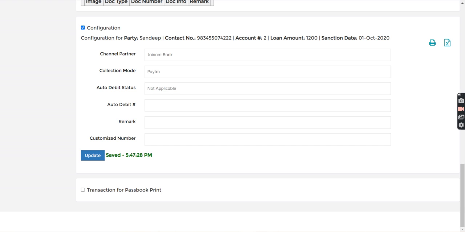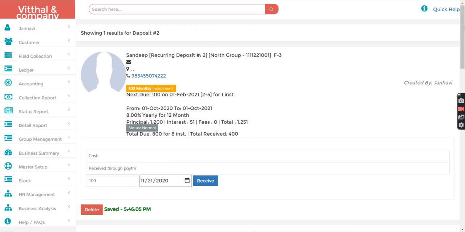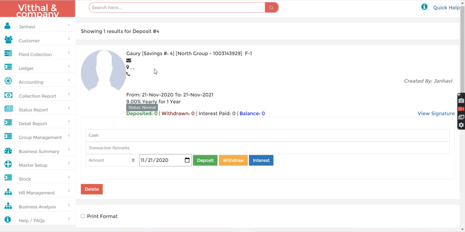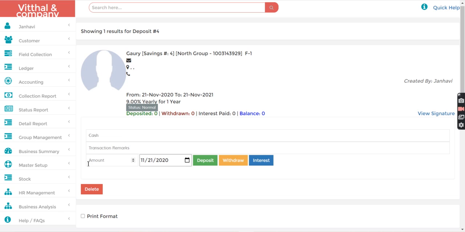Then let's go to the third option, the deposit lock and unlock using status information. So if I search one deposit, D-4, so this is the saving deposit. So for example, just 1000 deposit I will receive from here.